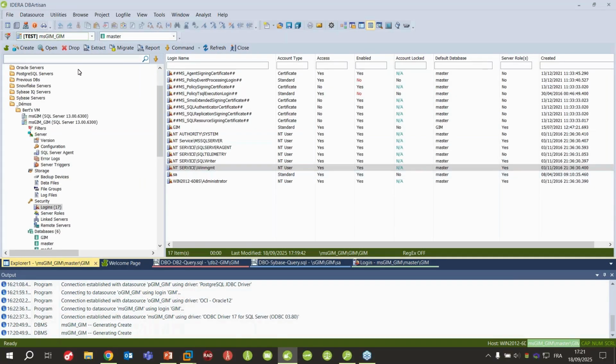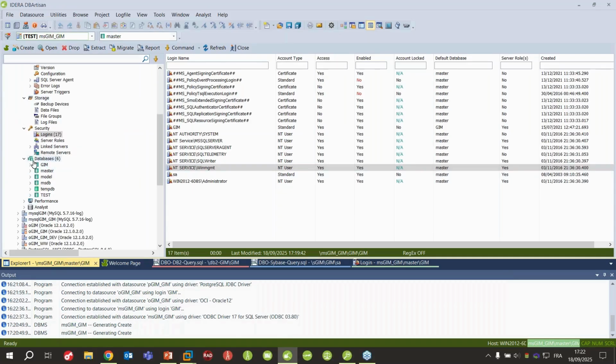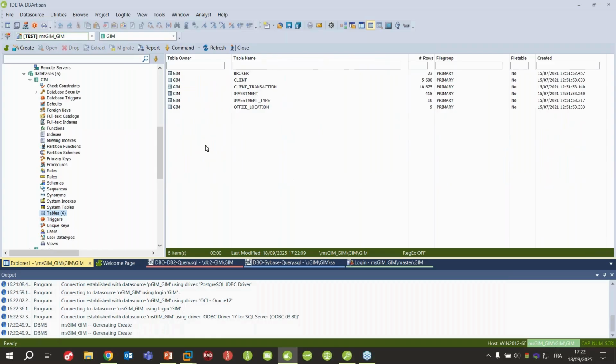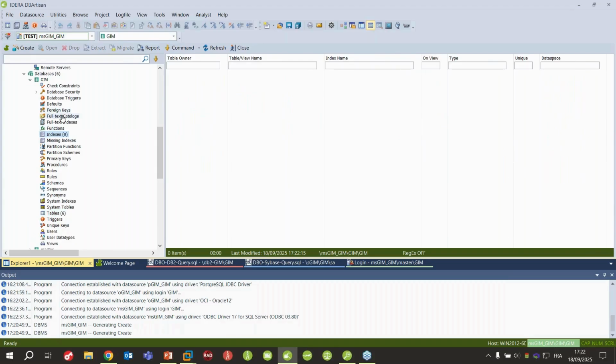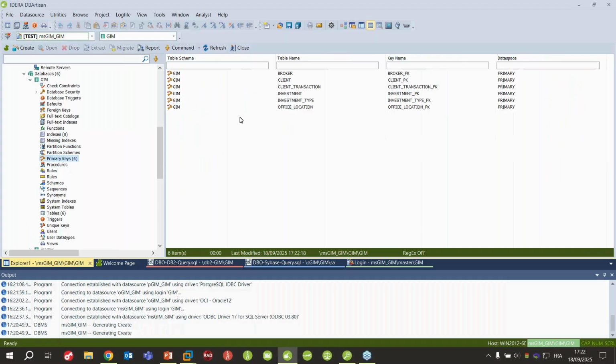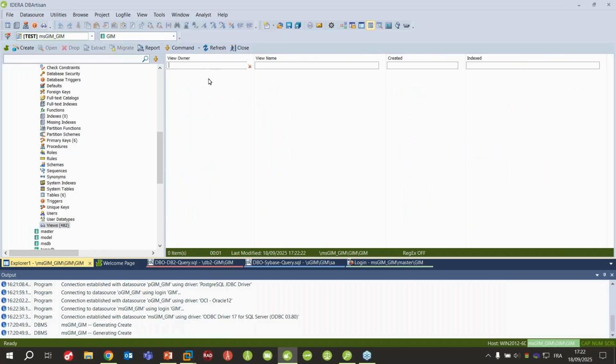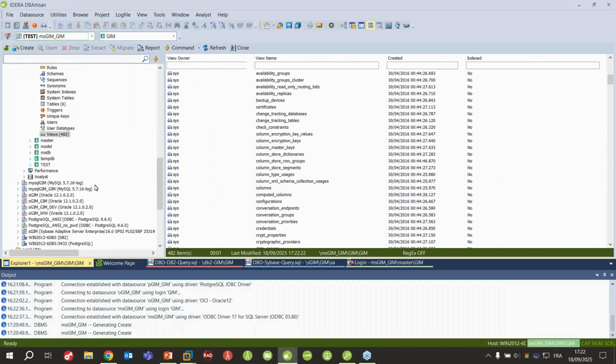If I go back to my Explorer, so I have my logins, many different options, and then I can see my different databases, and for each database, I will see for my schema the different kinds of objects. So here we can see that I have some tables with a given database. I can see if I have some indexes, I don't have any. I can check my primary keys and so on. So I can view all these different information. If I want to filter, I can filter my object directly. I don't have any DBO in this one.